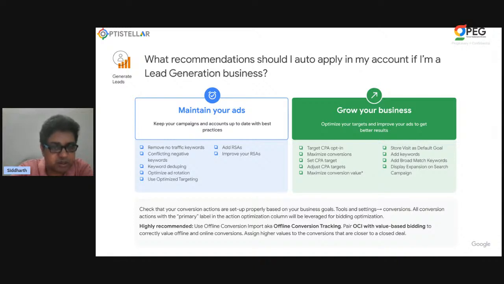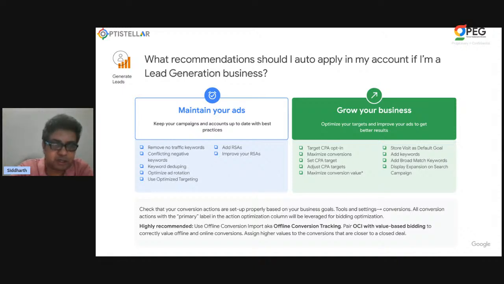But make sure that, as a best practice, your conversion tracking is on. You have set the right conversions for your accounts. You have understood what the right conversions for your accounts are, and you have set them diligently. That is really important, because the more data that auto apply recommendations get in terms of being able to learn and understand, the more they will be able to improve the overall performance drastically. And this is why we say that auto apply recommendations or any of the tools within Google work best when they are under